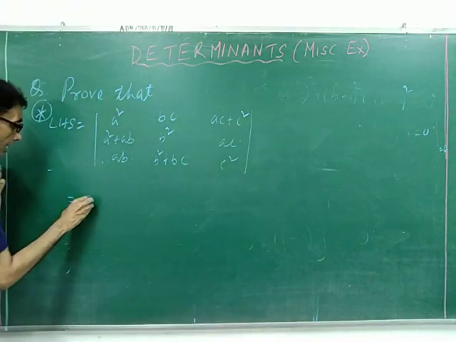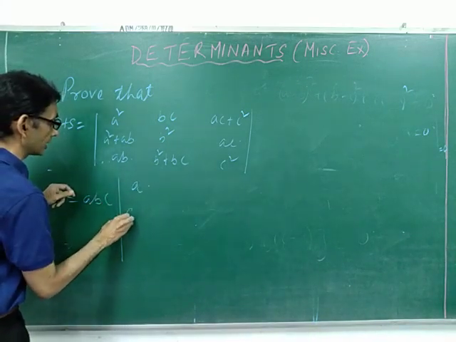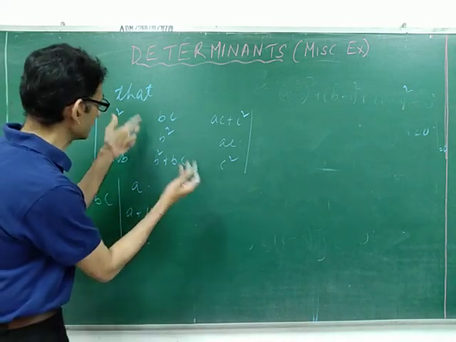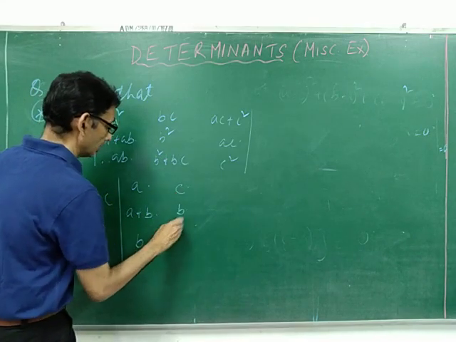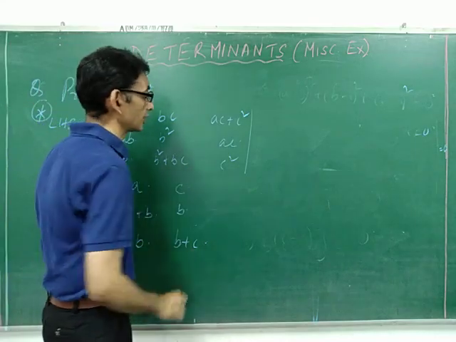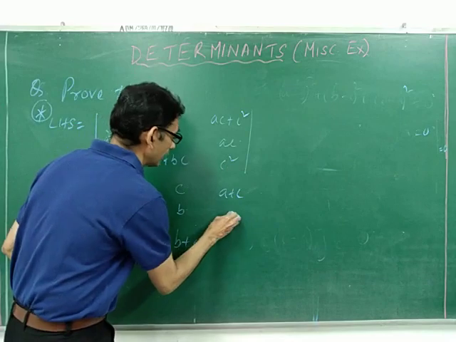So we are going to take A, B, C common. If you take A common, it will be A. This will be A plus B, and this will be B. Fine. What is left in the second column? You are taking B common, so it will be C. This will be B. This will be B plus C. Right? Okay. Now from there you have taken C common, so it will be A plus C and A and